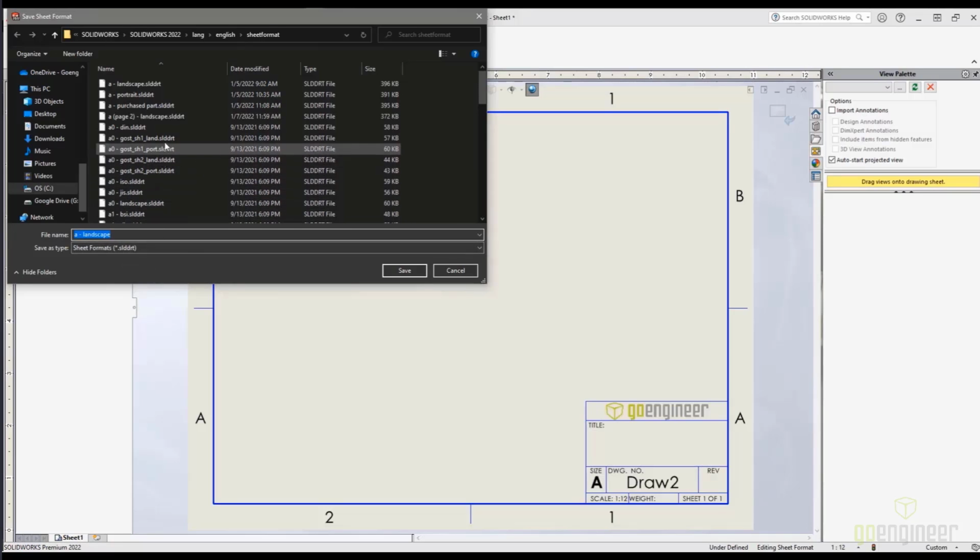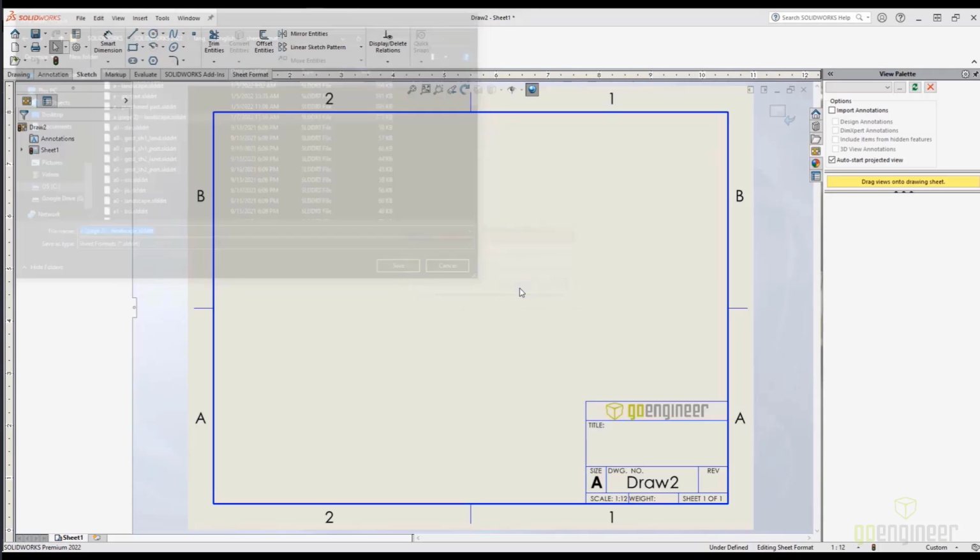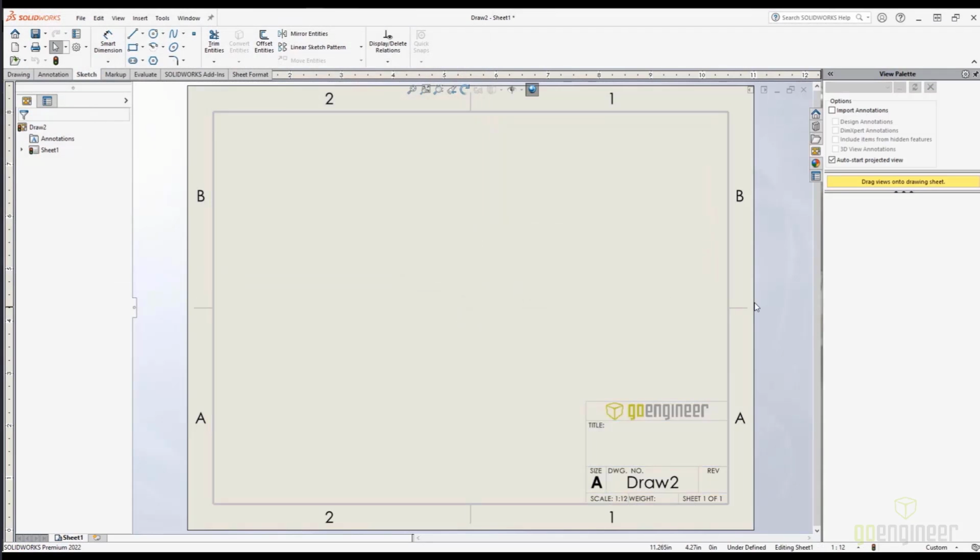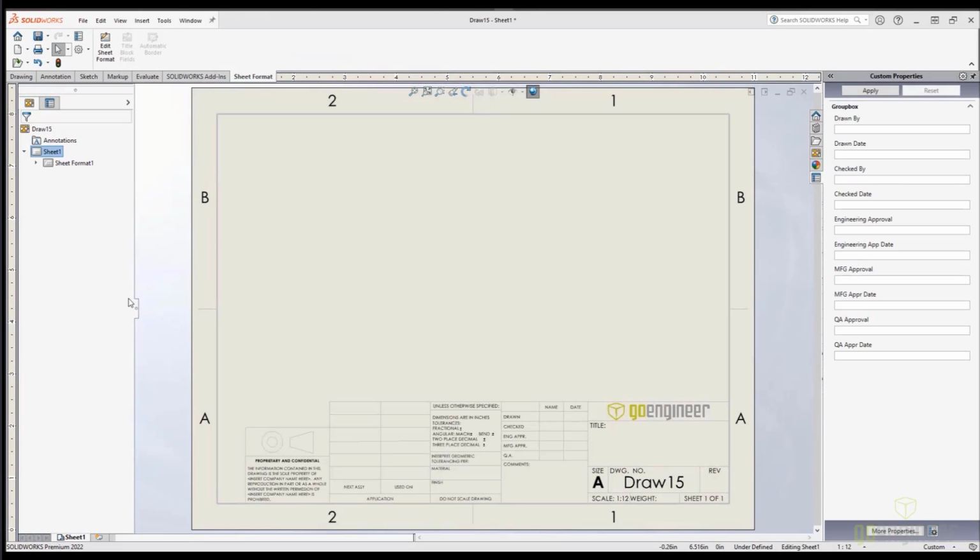And then it automatically pulls up my file location. Go ahead and save that. So now I have that second sheet format that I want. Now I'll show you an example here. If I open up my drawing,